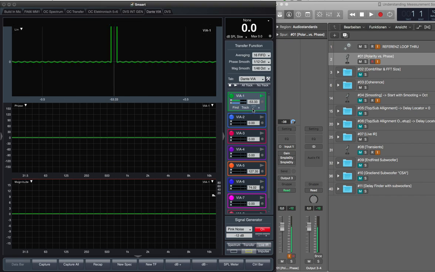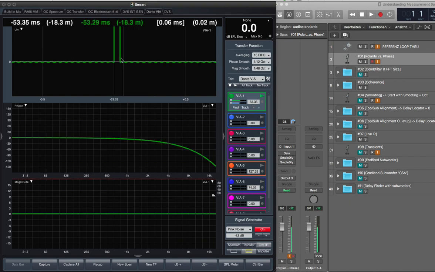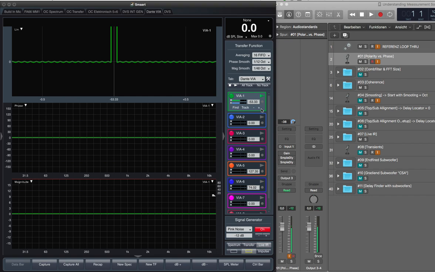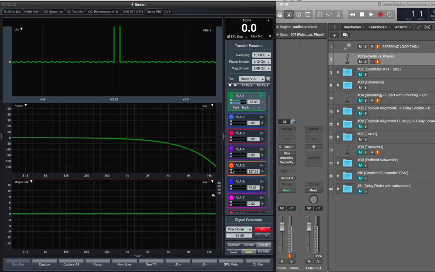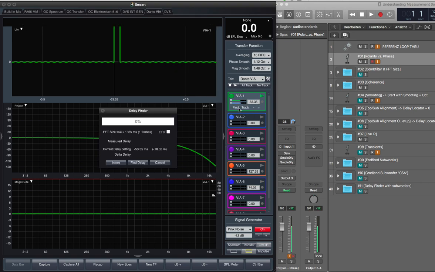If I change the reference delay to minus, then the measurement signal comes later, and this means the phase goes down. And if I change the direction so that the measurement signal comes first, then the phase goes up. So when the phase goes up, something in the measurement is earlier than in the reference, and vice versa. If it goes down, then you know that your measurement arrives later than the reference signal. Okay,